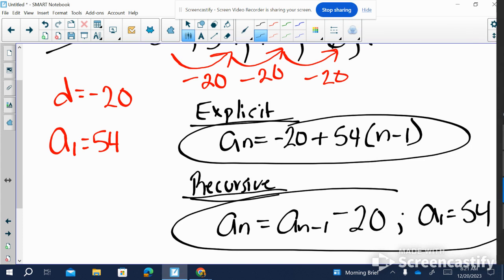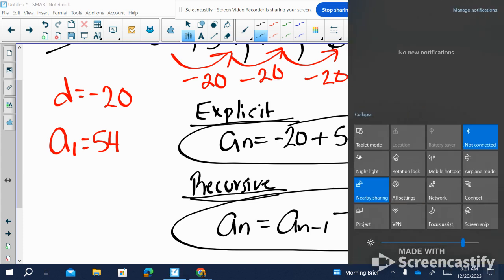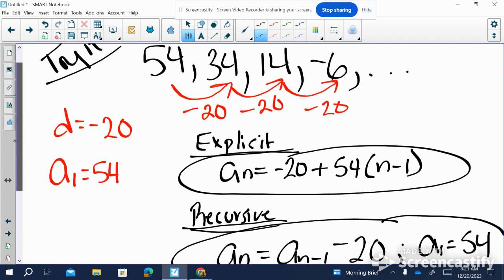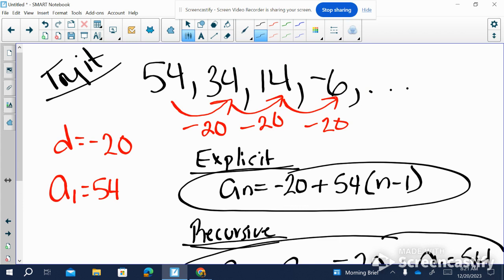Now I can use this to find either the next term or a term way far in the sequence. So if I was looking for the fifth term, I'd use the recursive formula because all I'd have to do is subtract 20 from negative 6. But if I'm looking for like the 20th term of the sequence,